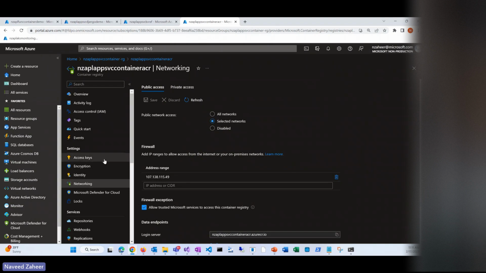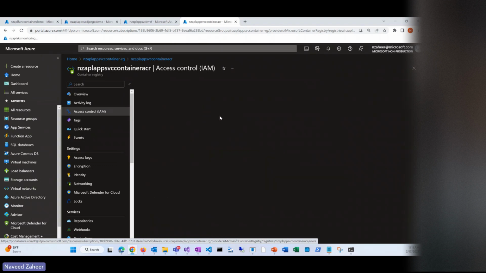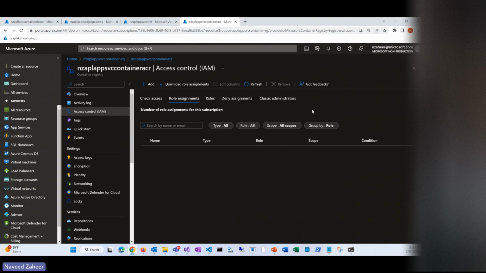The second thing that we are doing in this is in the access control, and let's go there. I have set up a role assignment for ACR pull. This is a requirement that you have to have once you pull, so that your app can